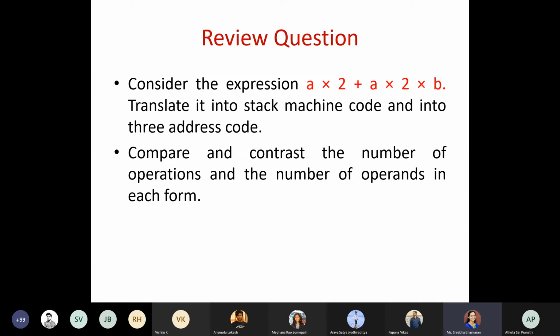Okay. Today morning I took context free grammar, so it was coming out. Okay, so